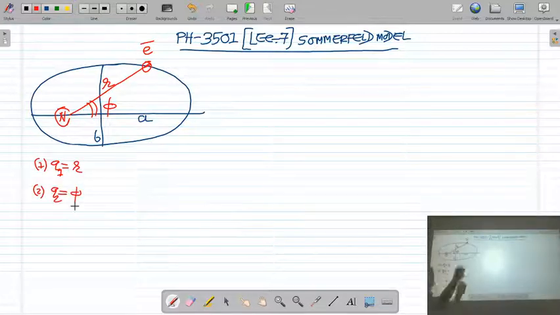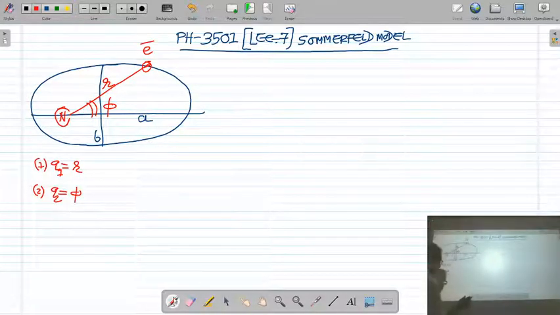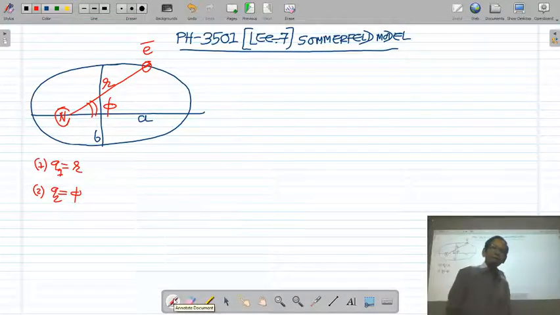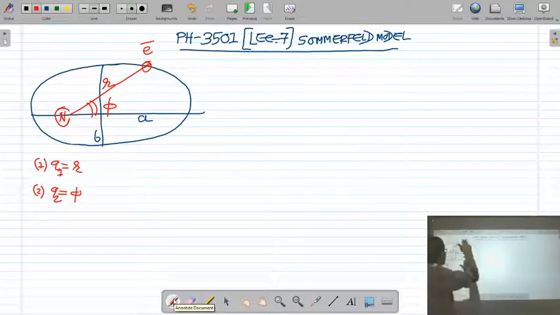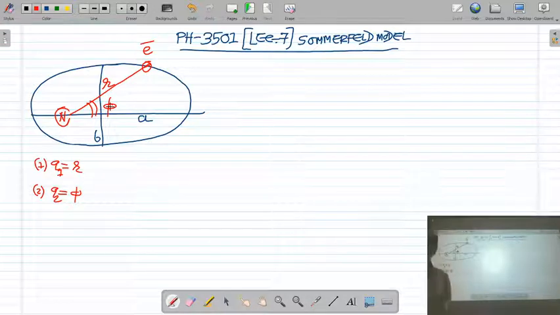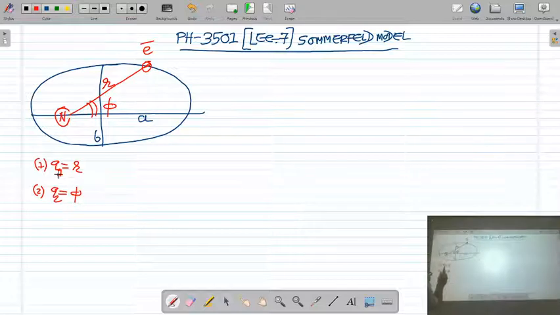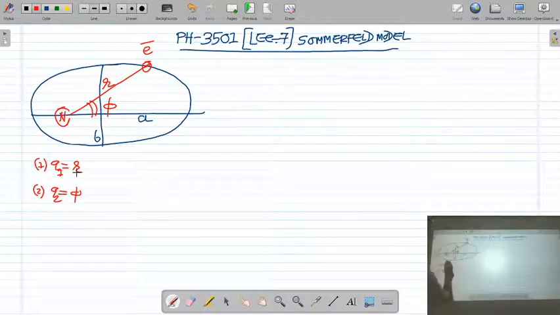As we have discussed in the previous lectures, here we are not using Cartesian coordinates to define the position of the electron. We are going to use the polar coordinates r and phi to describe the motion or the position of the electron. So instantaneous position means the position of the electron at any instant of time is defined by two polar coordinates r and phi. So we require two coordinates, q1 equal to r and q2 equal to phi, to describe the motion of the electron around the nucleus in an elliptical orbit.